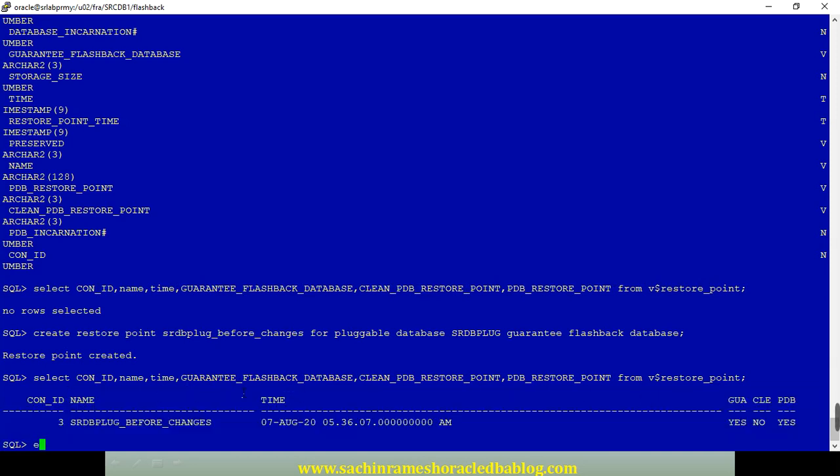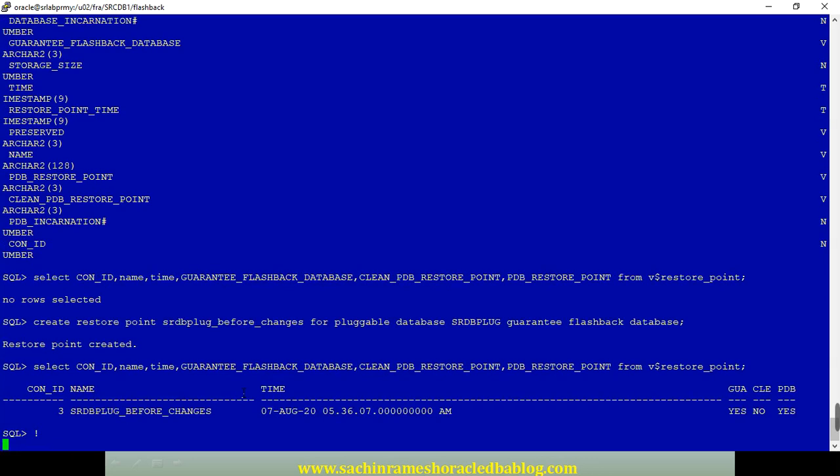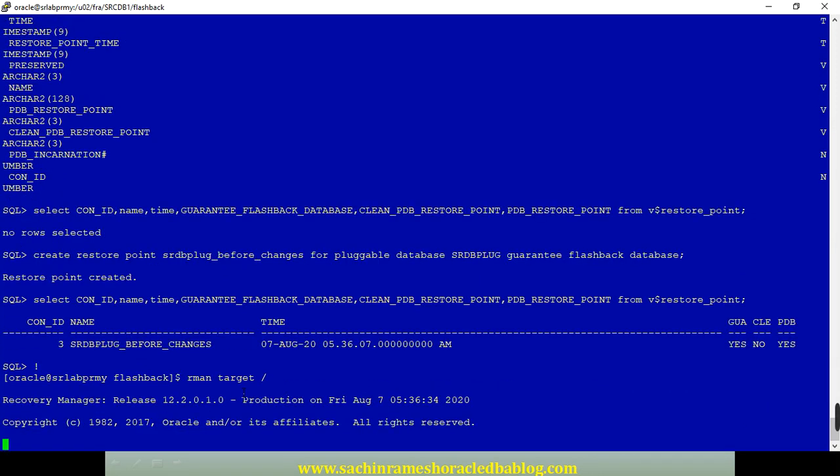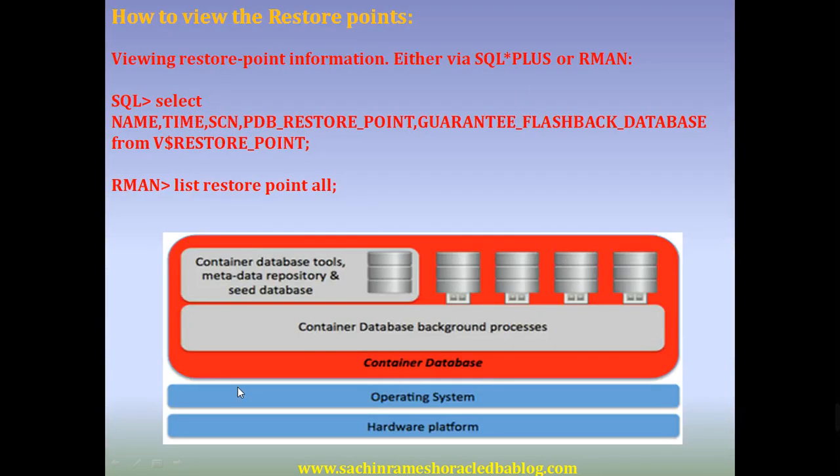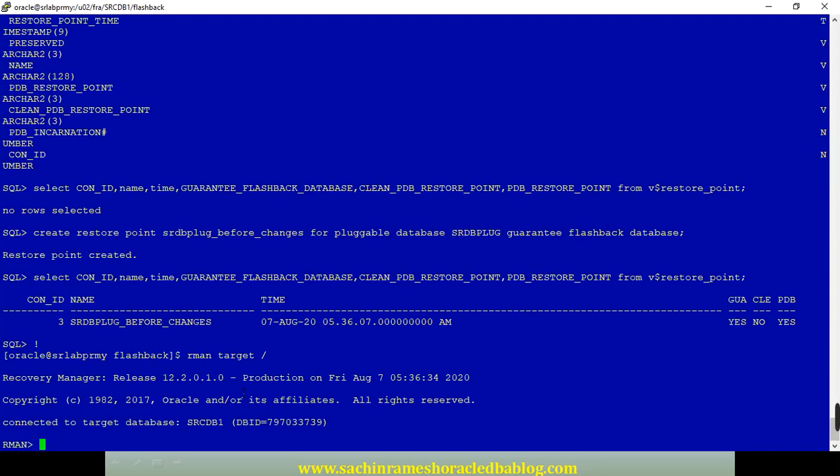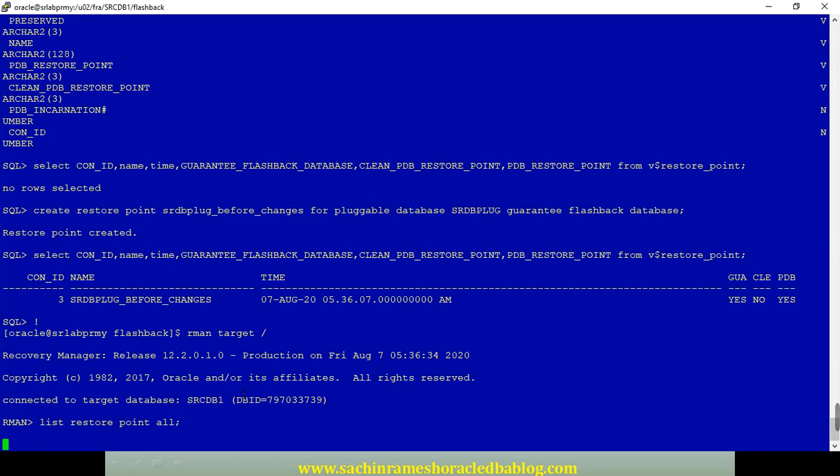You can fetch from the restore point view, and also you can use the RMAN prompt, the RMAN utility, to view the restore point. List restore point all.